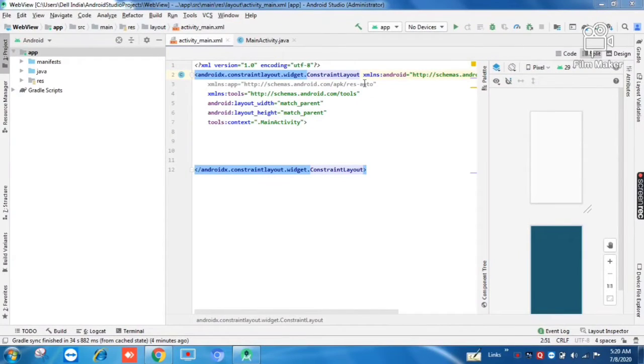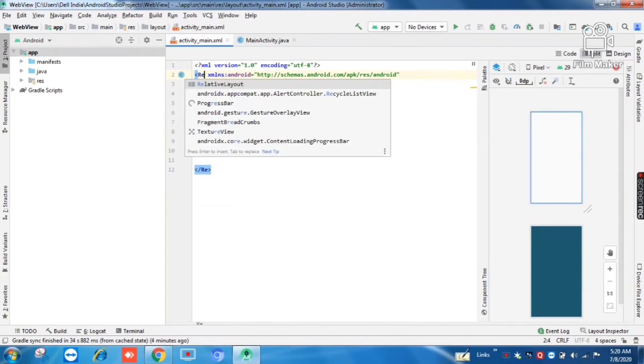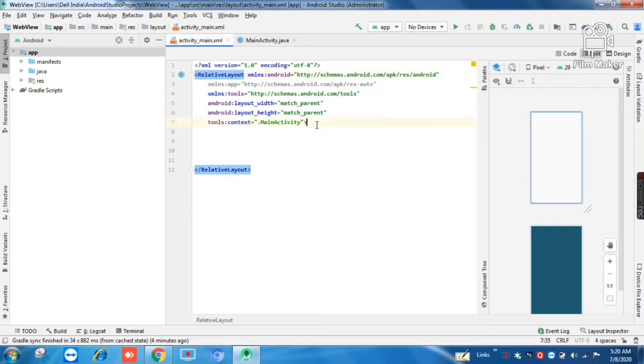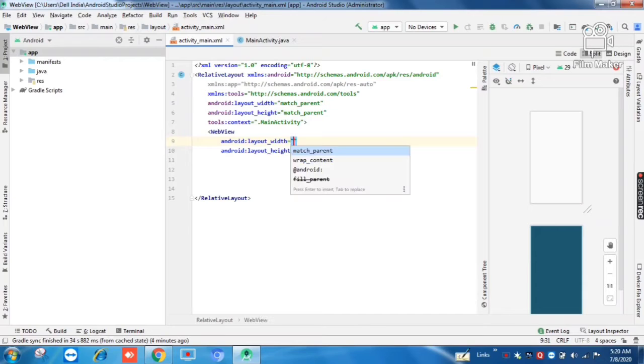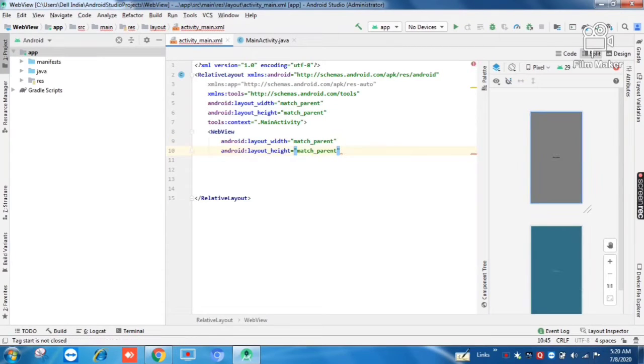So let's now create our WebView. You can create a new project or use your existing project to make a new activity. Now go to your activity_main.xml file, change the layout to relative layout or linear layout as you like. And now in here, simply create a WebView by typing an angle bracket. Type WebView, select it from the list, give its height and width as match_parent, give it an ID, say webview, and that's it. Now close the angle brackets.